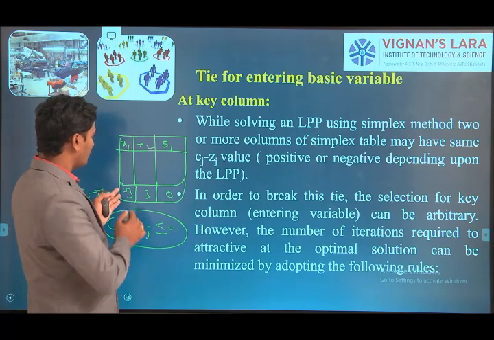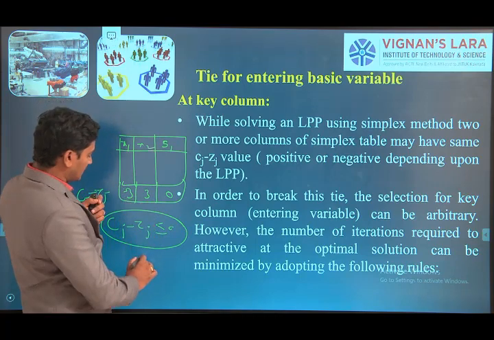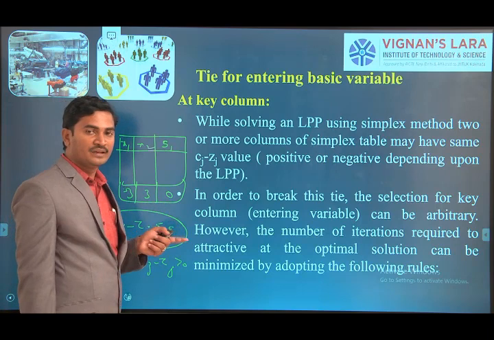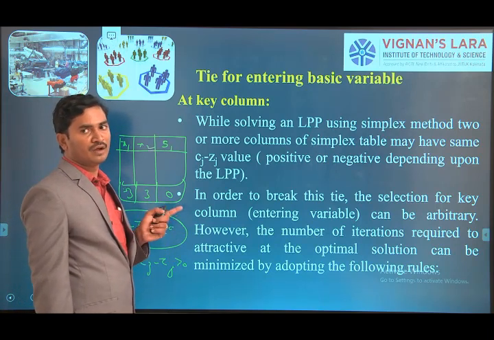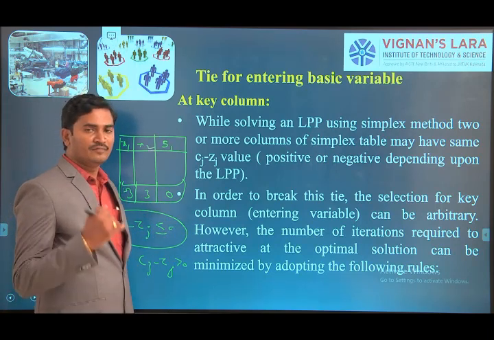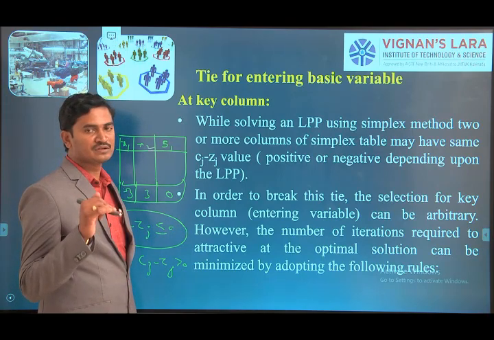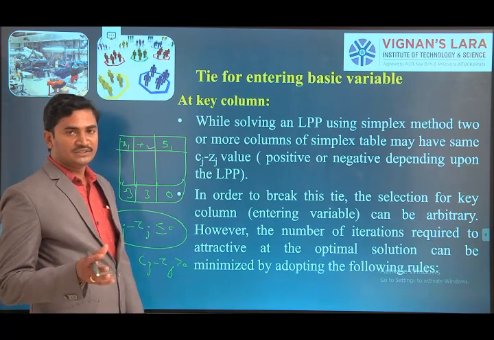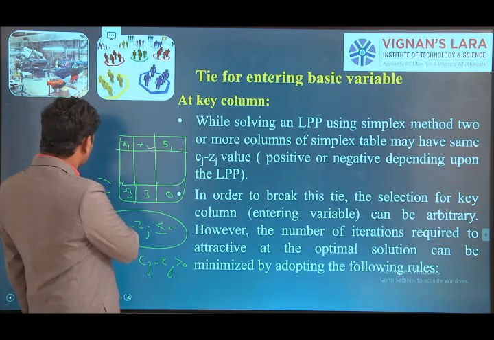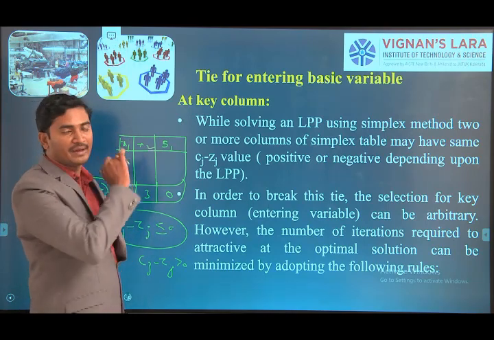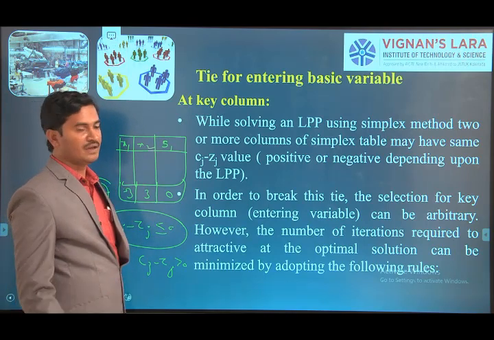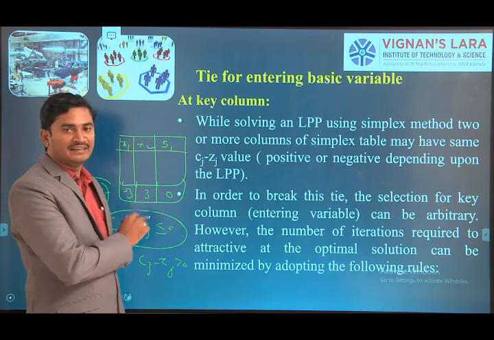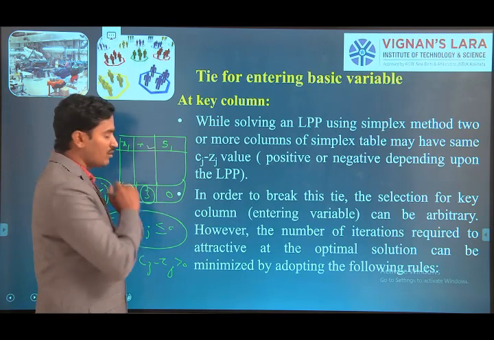But in our case, the value of Cj minus Zj is greater than 0. Then we have to identify the key column, then the key row, then the key element. Then we find the new basic feasible solution values for further iterations. If the objective function is maximization, in Cj minus Zj we have to identify the most positive value, or highest value. But in our case we have two positive values, 3 and 3. These two are a tie.